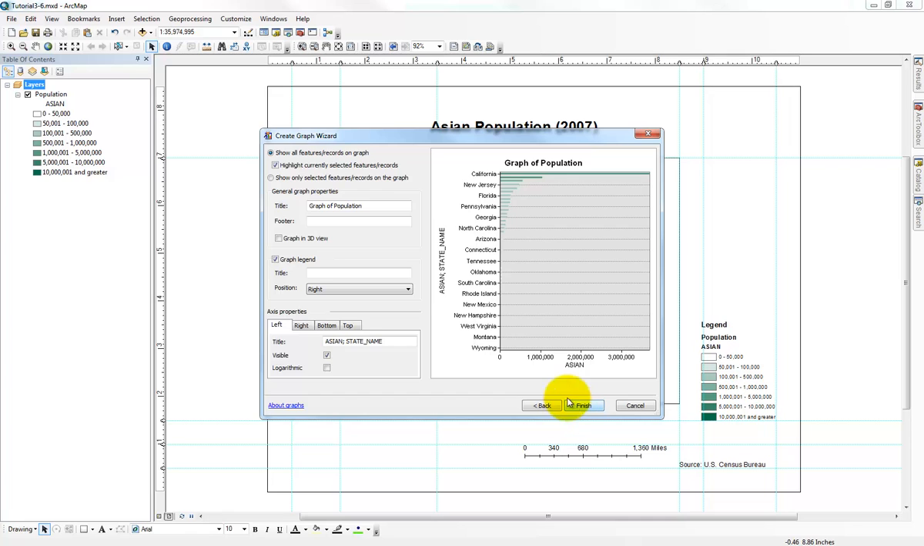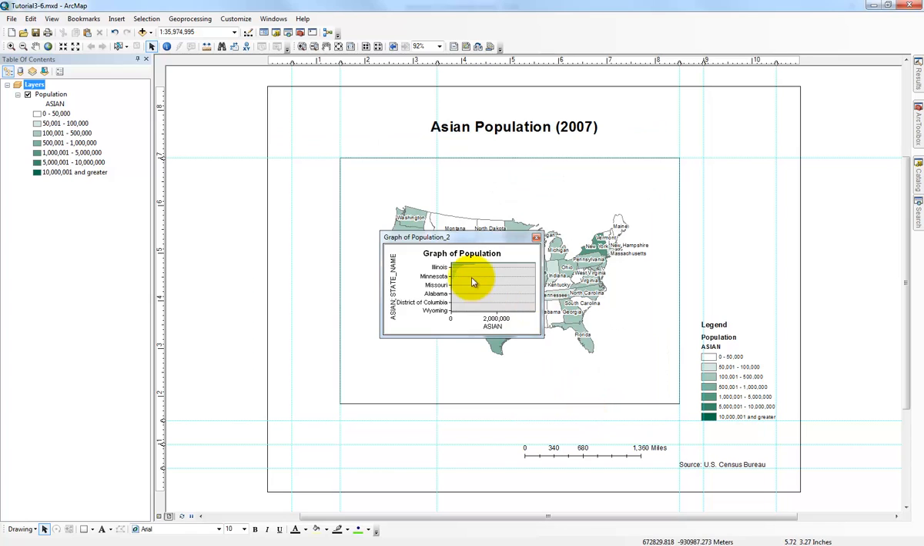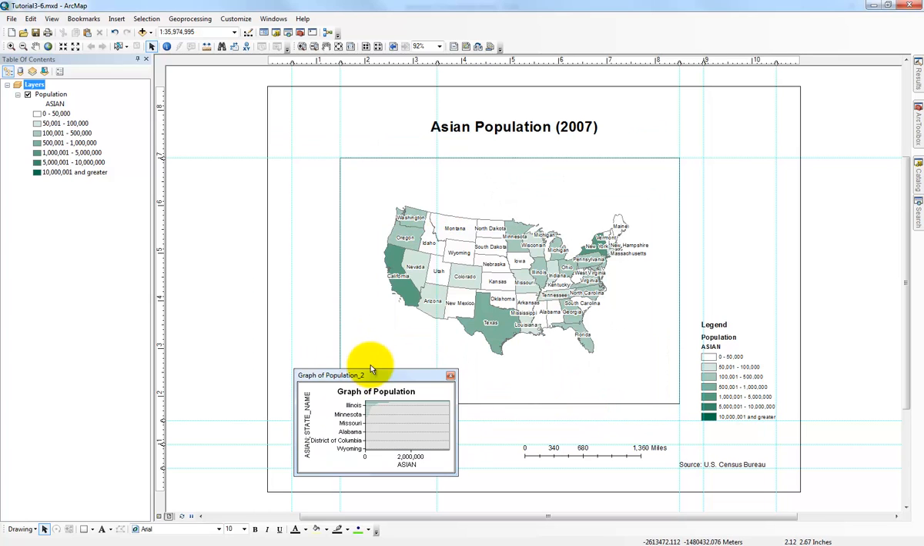I'm going to show all features on records, show the currently highlighted records as a special feature. So this is great. We already did all this, and make sure the graph legend is checked off, and then click on finish. So once you have that,